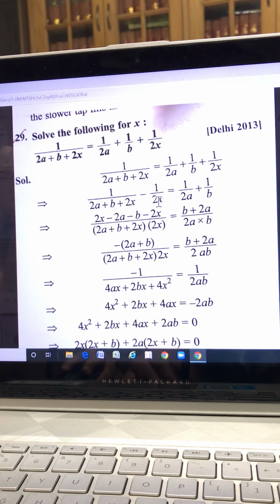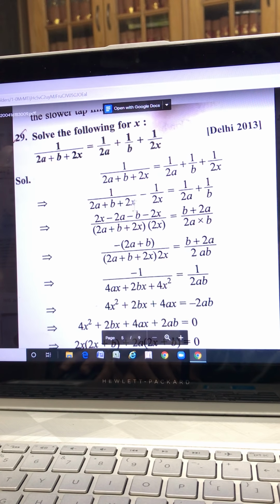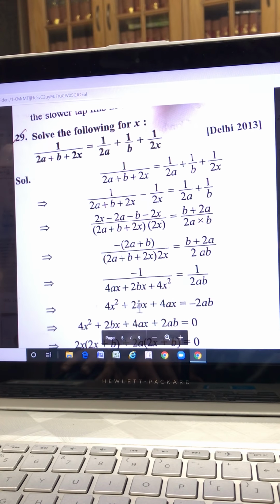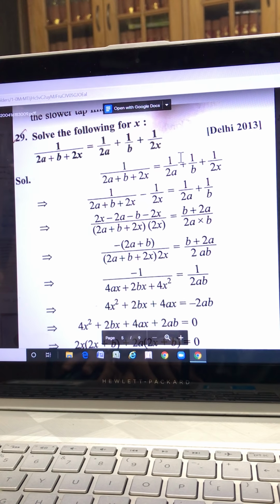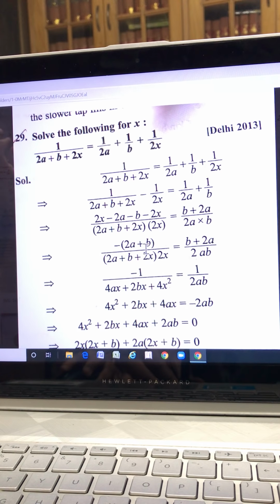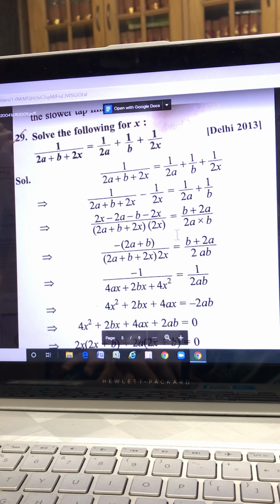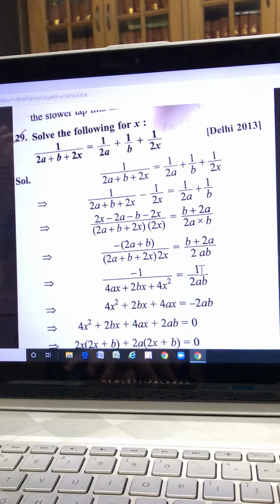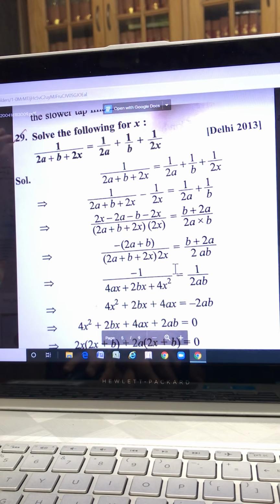Take the LCM on both the side. LCM लेंगे, दोनों साइड को individually solve करना है. So take the LCM, simplify it, and you will end up with a quadratic equation. So only trick here is that you have to combine the terms of x on one side, and after that simplify LHS, simplify RHS, and you will see that the terms in the numerator, see here minus 2a plus b and 2a plus b, so numerator gets cancelled. And once you cancel the numerator, you will get minus 1 and 1. So the things become simple here.